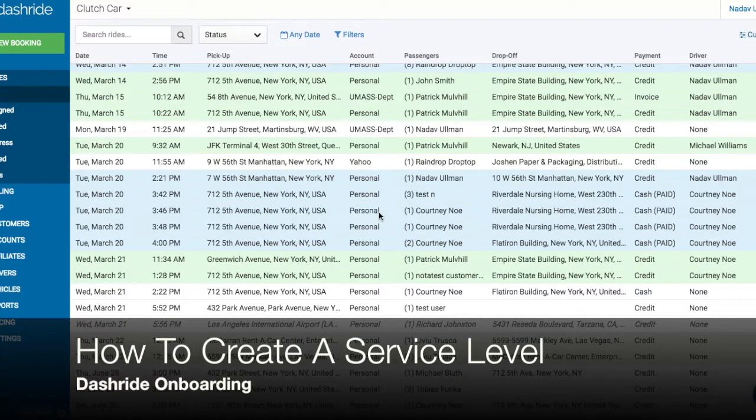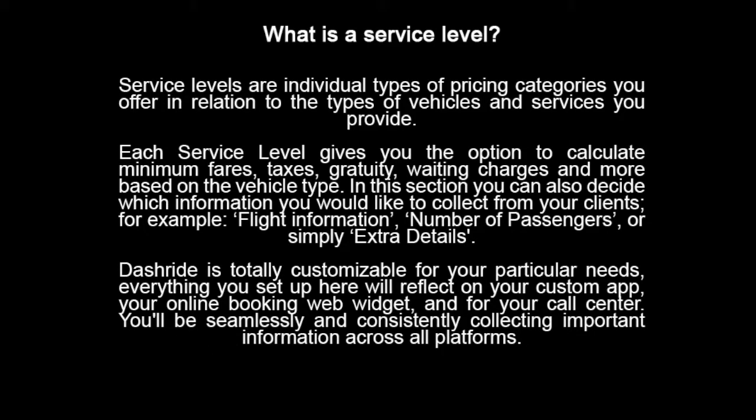In this video, we are going to learn how to create a service level. What is a service level? Service levels are individual types of pricing categories you offer in relation to the types of vehicles and services you provide. Each service level gives you the option to calculate minimum fares, taxes, gratuity, waiting charges, and more based on